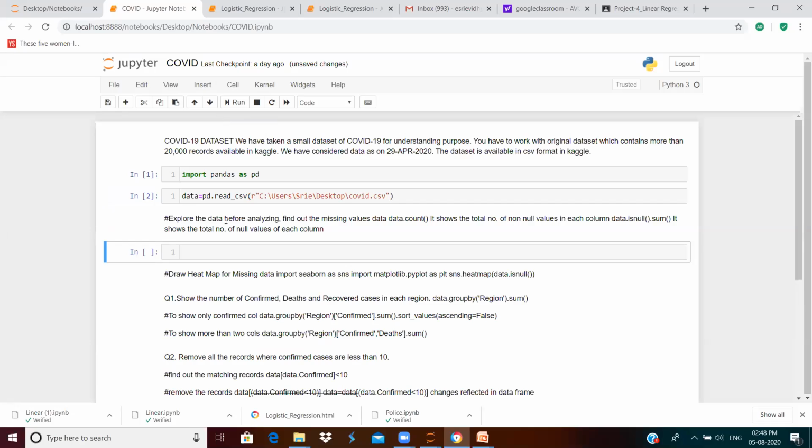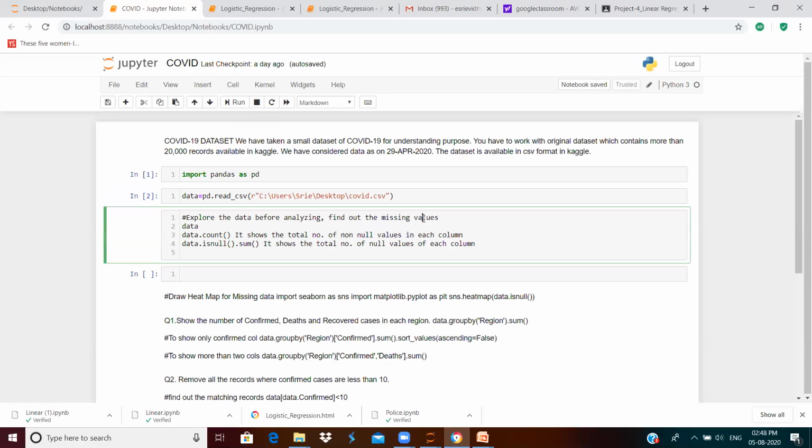The first step is to find out the total number of missing values. For this, we can use either the count function or the isNull function. The count function will show the total number of non-null values, and the isNull function will show the total number of null values. So now let us use the count function.